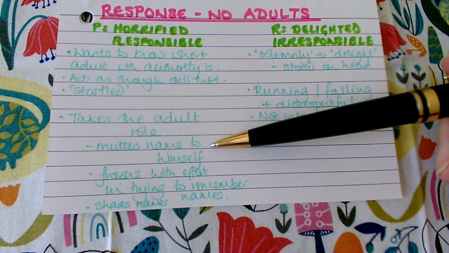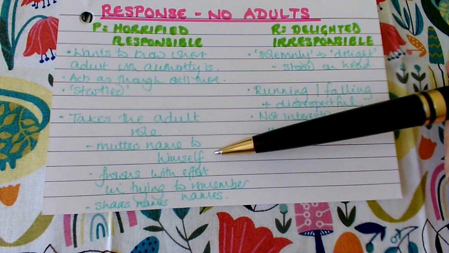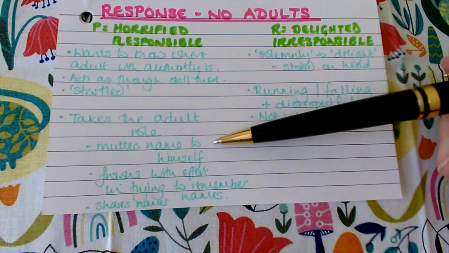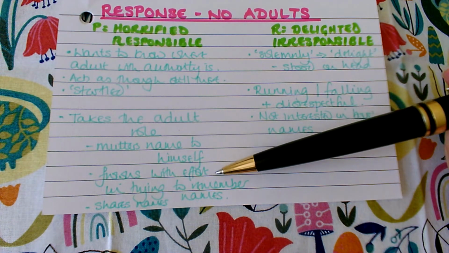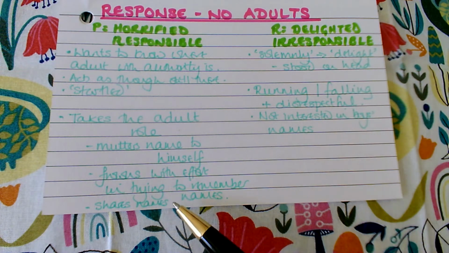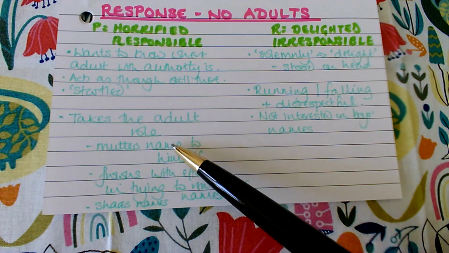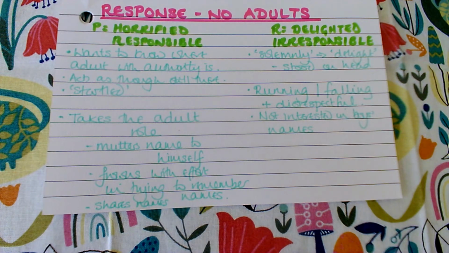And when it says that he mutters the name to himself, that's like us repeating a phone number or a message over and over again so that we don't forget it. He really wants to remember these names. And then he's said to frown. He's frowning with effort in trying to remember the names as well. And then he tries to share the names with the others after the choir comes along. Now, the response is that nobody really cares about who these young boys are, but somebody is taking care of them. And imagine you as a parent or an older brother or sister of a youngster who was in somebody else's care. You'd want to know that they were taking full responsibility for them.